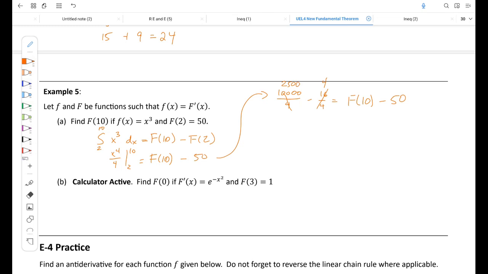I thought maybe you put it in your calculator. All right. So we end up with 2,500 minus 4, which sure sounds like 2496 equals f of 10 minus 50. So the f of 10 equals